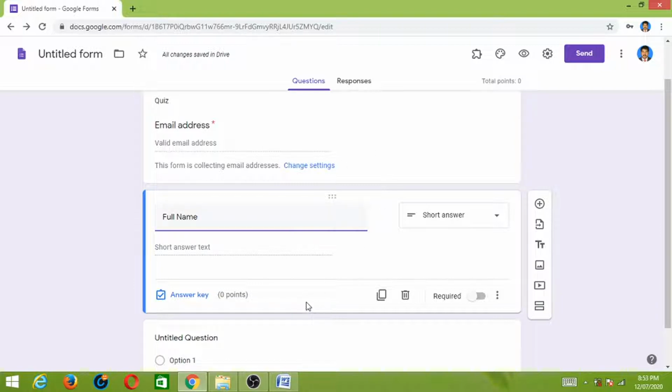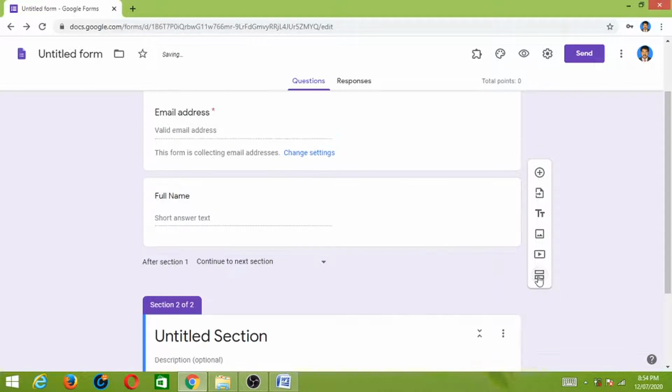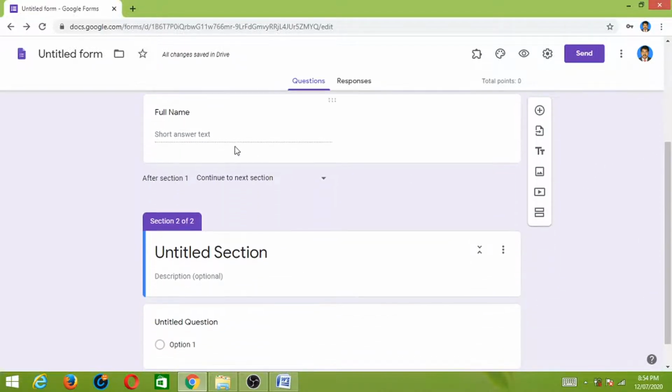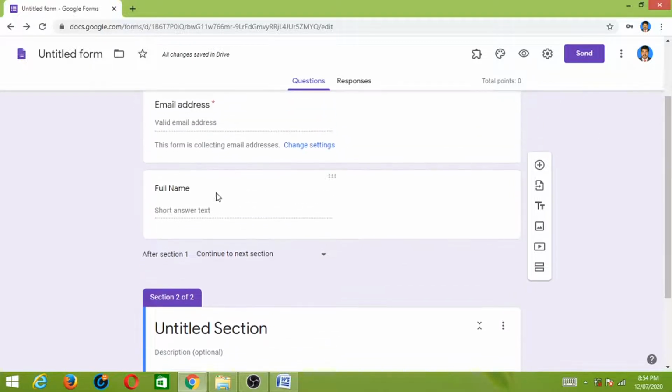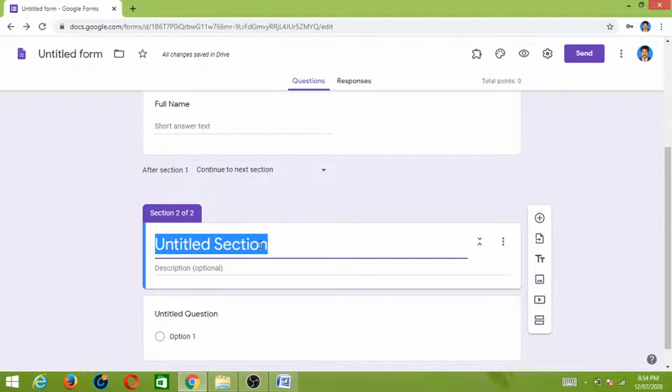We can create our quiz in a two-fold format. In the first fold, we just get the email address and name of the respondent. In the next fold, we organize the questionnaires. So here I have to split the section: add section. So in the first fold, we are having two fields. In the next section, I give the title as Questions. Okay.